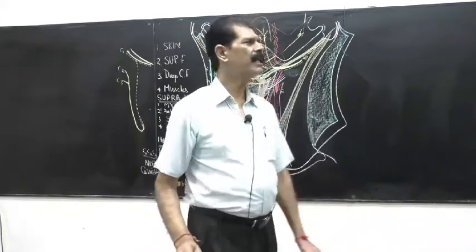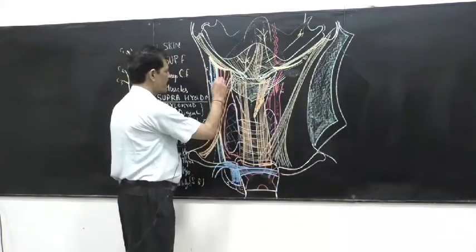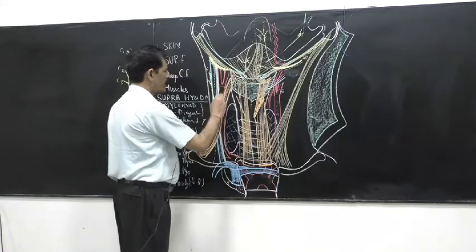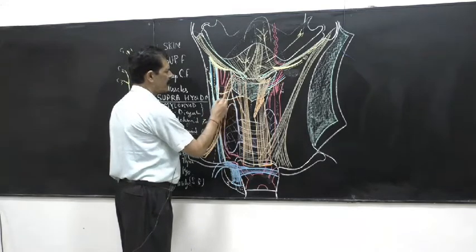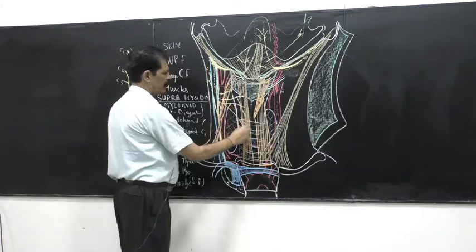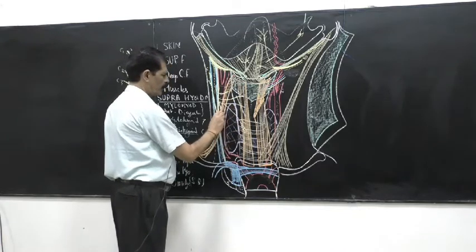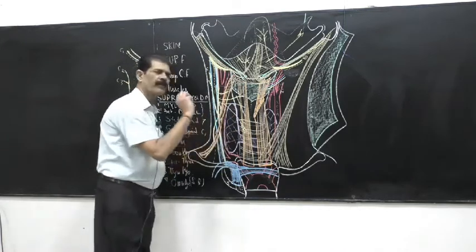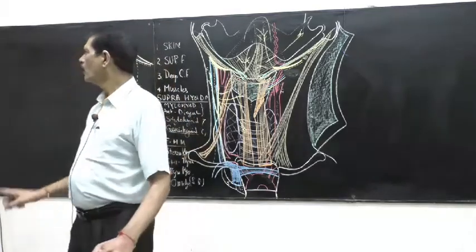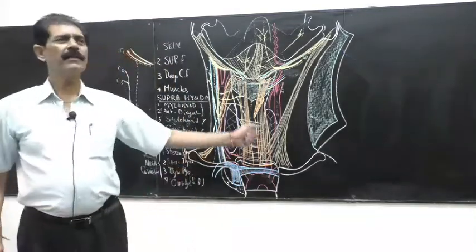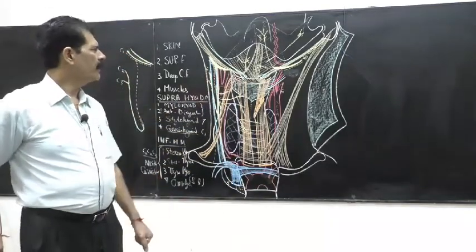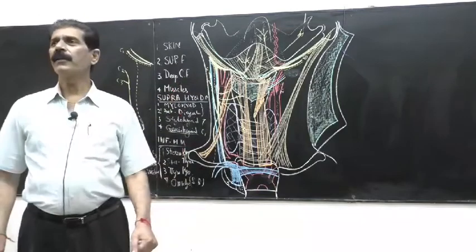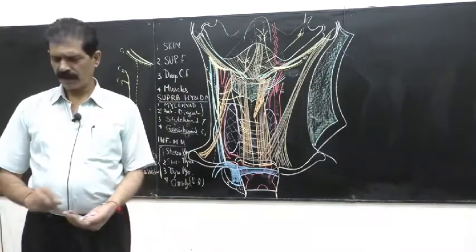Ansa cervicalis. So the ansa cervicalis is formed here in front of the carotid sheath, and they supply all the muscles: superior belly of omohyoid, sternothyroid, sternohyoid, and all the four muscles. And from the loop, the inferior belly of omohyoid as well. So this is how the ansa cervicalis supplies the infrahyoid four muscles. That is how you have to do the anterior triangle, all the vessels and everything.